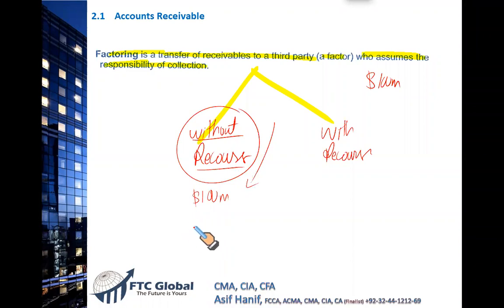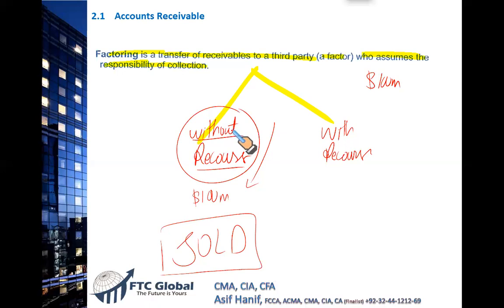In this case, you must remove account receivables from your books. They are no longer your account receivable. In fact, you have sold your customers, unfortunately. A bad thing to do, but this is what companies do. So you have sold your account receivables, so remove them from your balance sheet and from your accounts, right? Because those who have purchased your customers, they have no recourse. So whether they collect or not, the risk is with them. Since risk has been transferred, it's sold out.